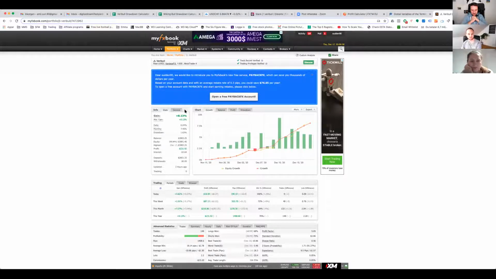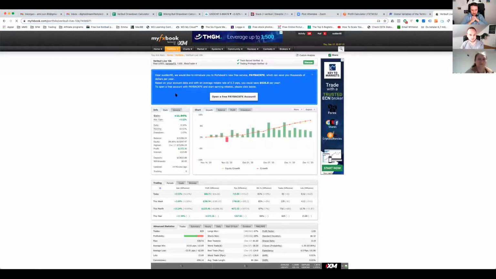1.6% drawdown, 7-8% gain so far. My live account, a little bigger account as well, started with 10k and I did some more, 13k in deposits. Now it's up to 15. I've been running it, didn't run it this entire time, but